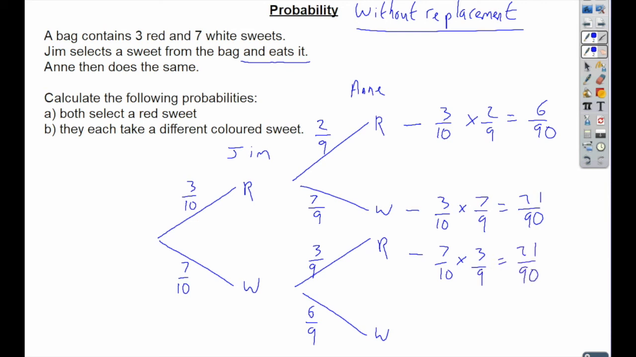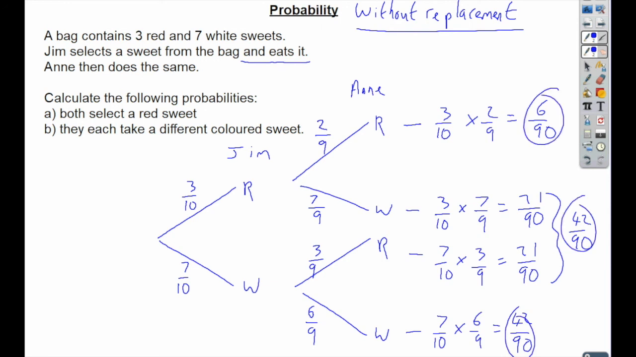Notice, even with the without replacement question, the probabilities of these two are the same. Okay. Add them together and you get 42/90. I'm just going to put an additional question. What is the probability they both take a white sweet? Well, of course, that will be this case down at the bottom, 7/10 times 6/9, which is 42/90. And just as a check, you can add these fractions together and they do total 1, so the whole